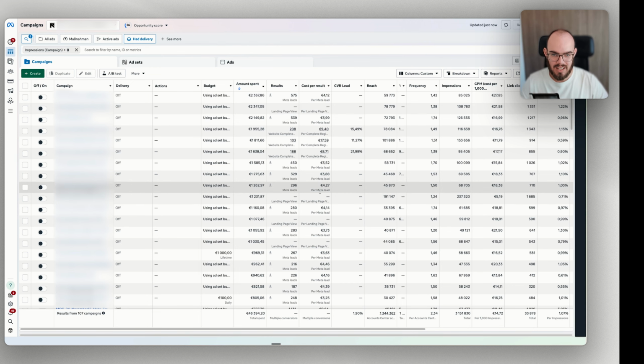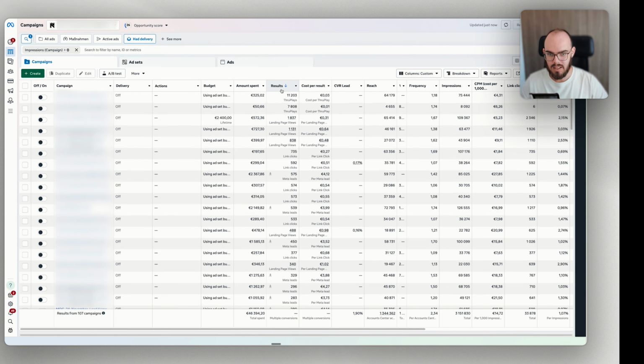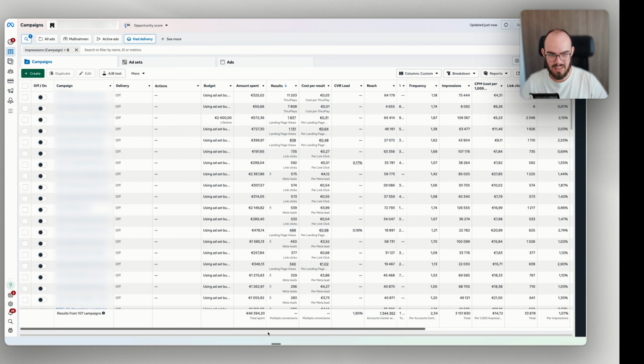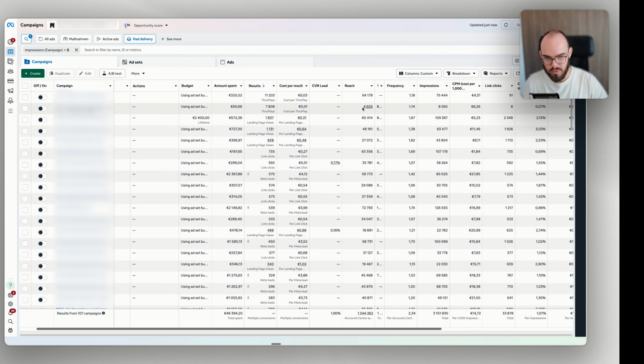This then led to a lot of inconsistency and a lot of mess, because as you can see here, the most events were in reach campaigns optimized for ThruPlays. But if we look at what actually resulted from this into palpable results: nothing. No leads, no registrations completed, but hey, at least a 99% hook rate, so congratulations. As you can also see, the ads here had a reach of 4,000 people and only 6 link clicks, a click-through rate of